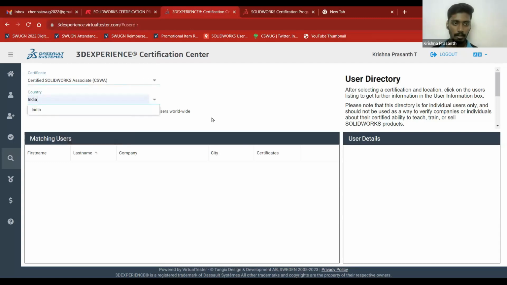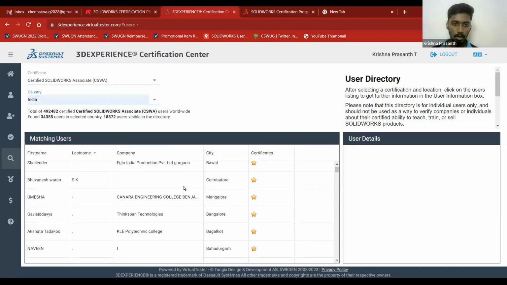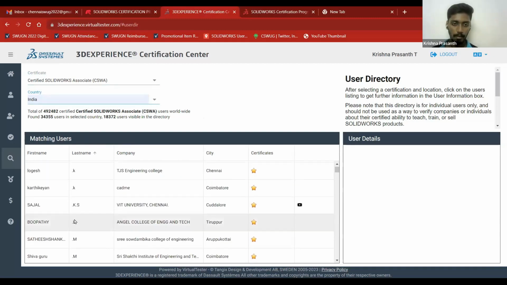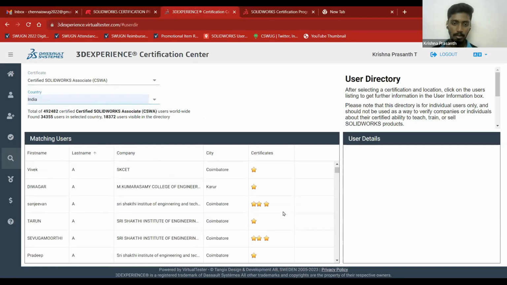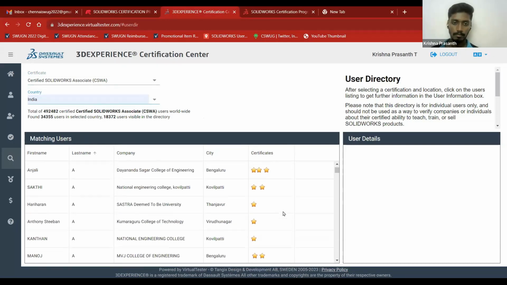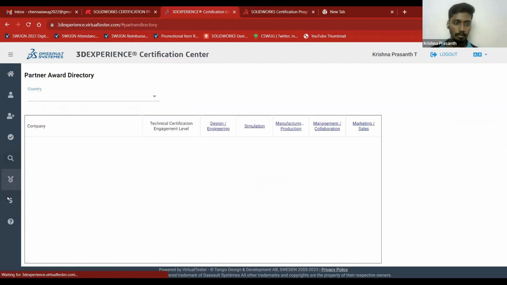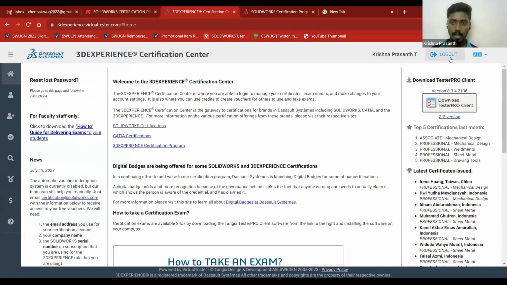And if we select the country, we can get access to all the persons who have taken it. If I have taken the exam, my name will also be displayed. Likewise, if you are done with your exam, you can also check. This is the software and this is the dashboard in which you will be working.